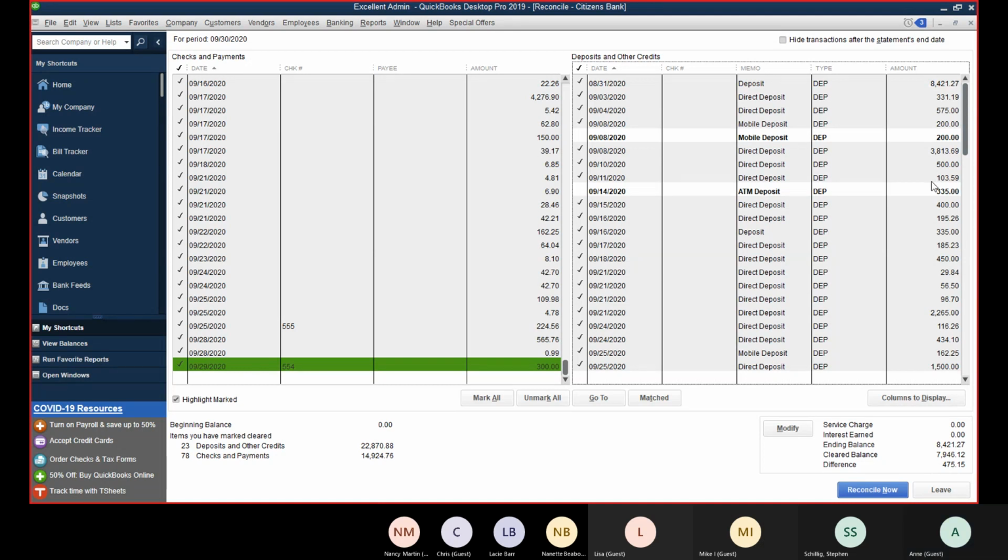$475.15. So this 200 is actually in here, and then I'm missing another deposit for $275.15. So this is then when I go back and I'm going to look at my statement again to see if I have missed anything, but I'm also going to check my numbers again. And this 275 for this situation may be part of the beginning balance, but I'm going to double check it, and go through. The other thing I do is on my bank statements